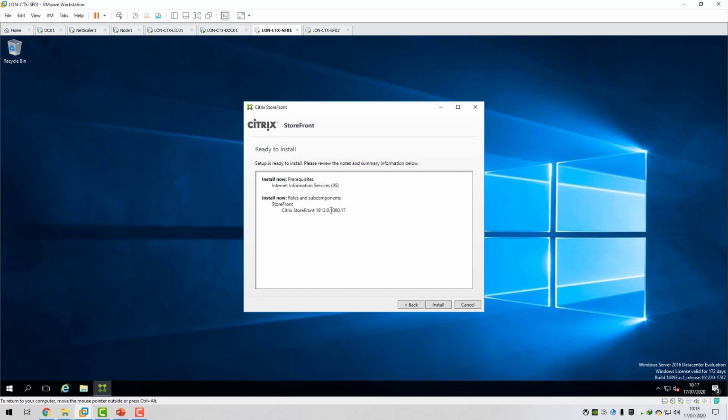Spec-wise for Storefront server, 4 vCPUs, 4 GB memory is typically what I tend to use for our Storefront servers. You can always scale out Storefront servers and add additional Storefront servers to the server group. A pair of Storefront servers should be sufficient with 4 vCPUs and 4 GB of memory for most deployments, unless